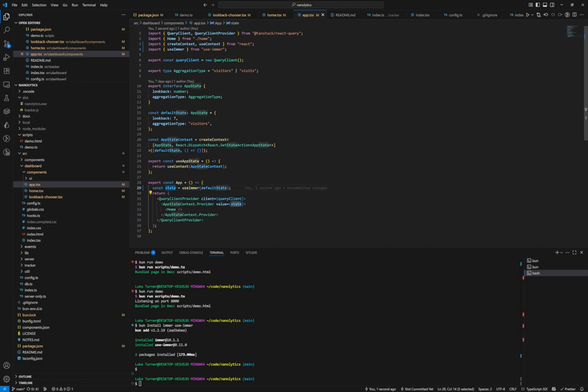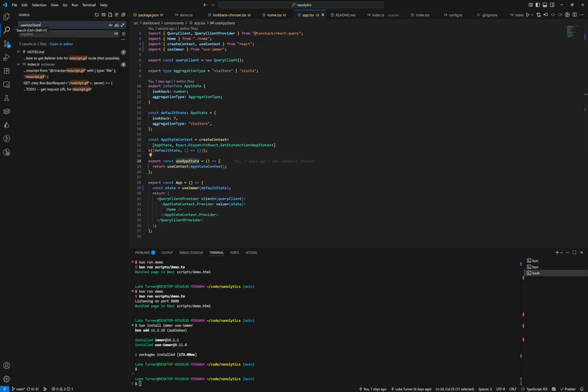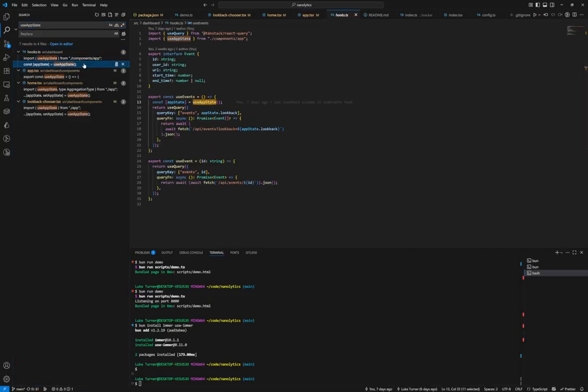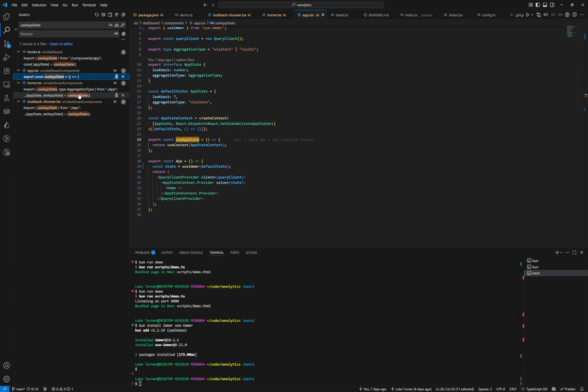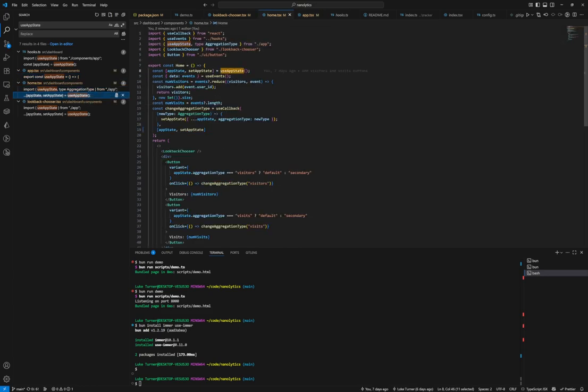Okay, so now we have our state here, and that's pretty much all we need to do to switch to using Immer. But now, whenever we're actually calling this use app state callback, I think there should just be 2 places, but let's confirm that. When we're reading the app state, it should be the same. It's only when we're actually updating the app state that things are going to be different. So like here, we've got app state and set app state, right? So here the set app state is actually going to be,